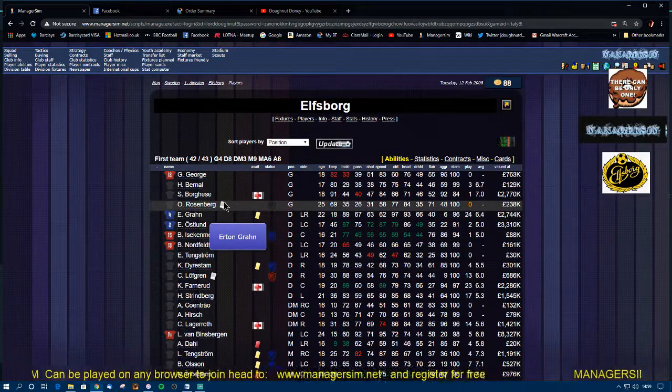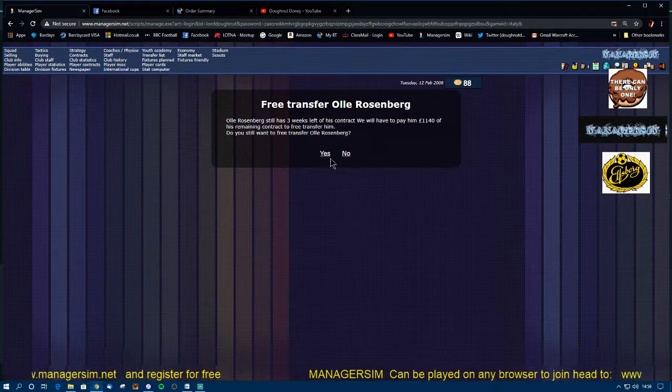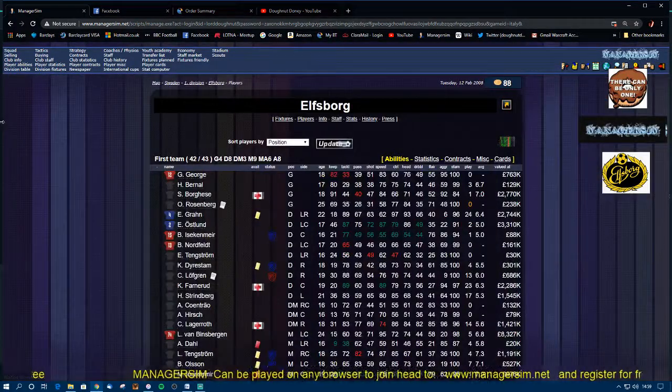We've got rid of one of our bad goalies. We didn't need him anymore. We can get rid of this one as well now. So release player. So that's our 2 really bad goalies that we didn't want when we originally had this side,